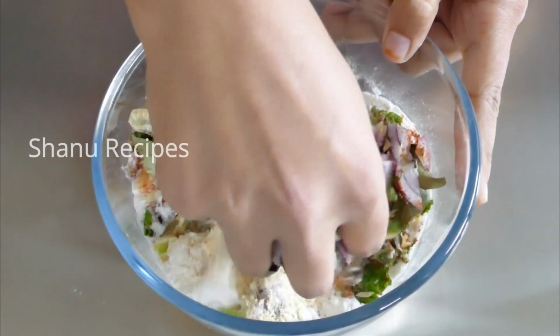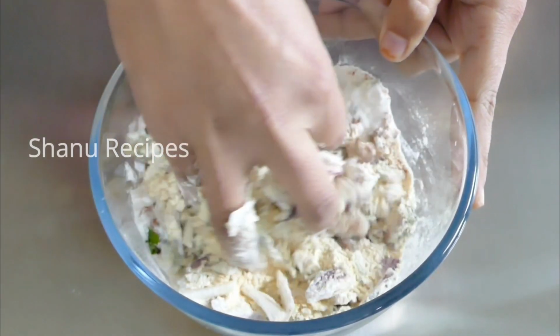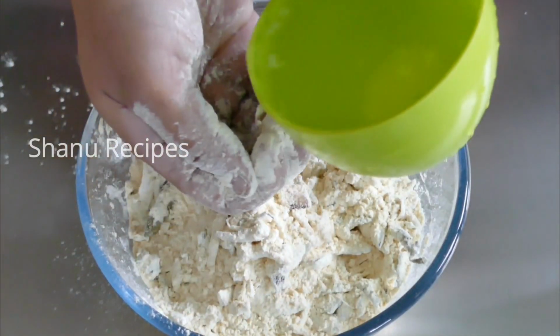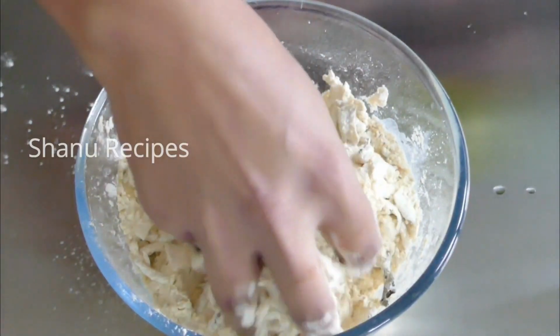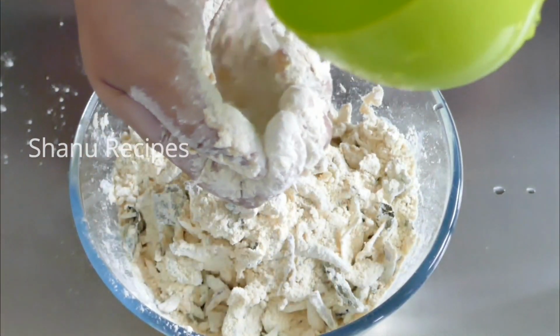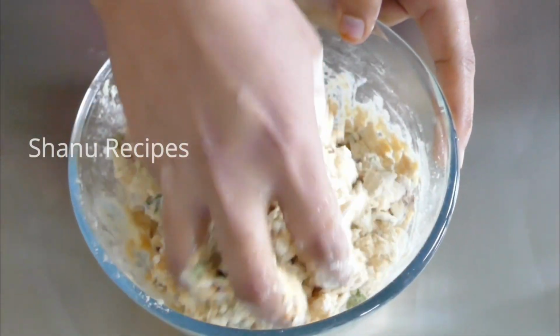After adding all this, give it a mix and just press firmly so that the layers of the onion get separated and it gets mixed evenly. Now slowly add water a little at a time and gently mix it. Do not put so much force while mixing the dough. You have to be very gentle, and mix in a way so that all the dry